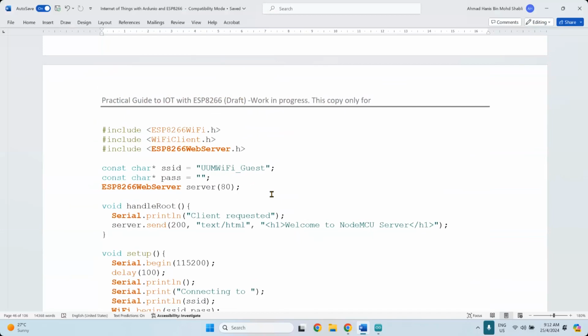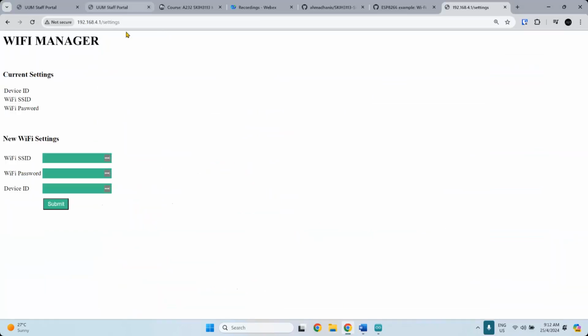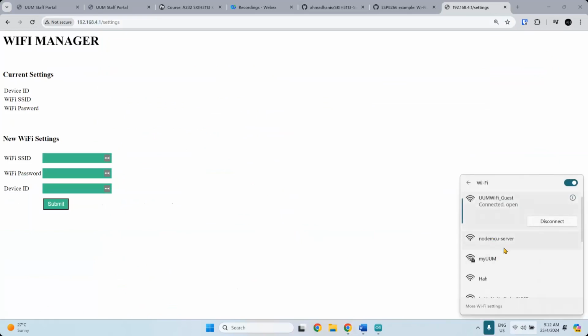For the one that we used before, we need to enter this IP address here. This is the IP address of the device, but you have to connect directly to the access point. You have to connect to this directly, which means that the IP address, if you don't change it, will always remain 192.168.4.1.